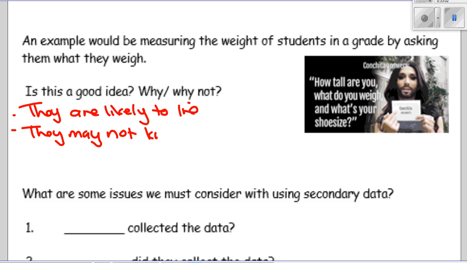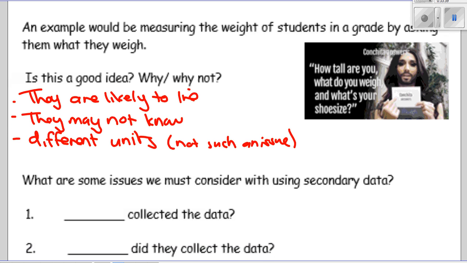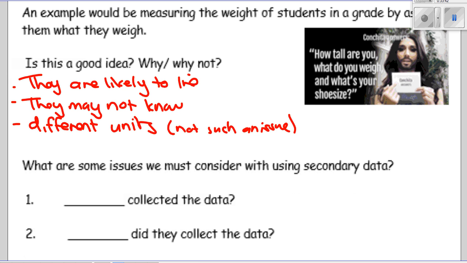And also for me, I would tell you my weight, I would say I'm 69 kilograms. Why could that be a problem for someone here? Because I don't weigh in pounds. Yeah, in pounds. So you could have different units. Not such an issue, because you can always convert them, but that's still a pain. There are also different interpretations of what you mean by weight. So that's sometimes a bit of a problem. I'm sure people would try to answer honestly, but weight's a bit of a sensitive one. Sometimes people get a bit funny about having to write it down.